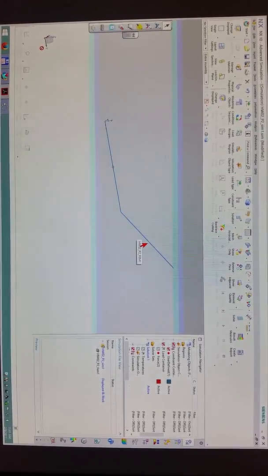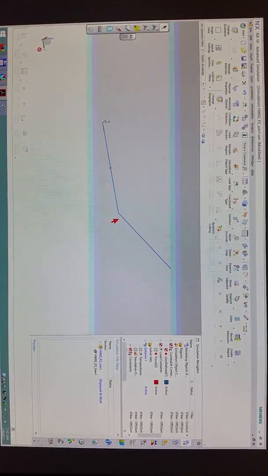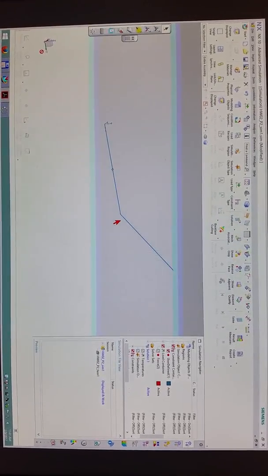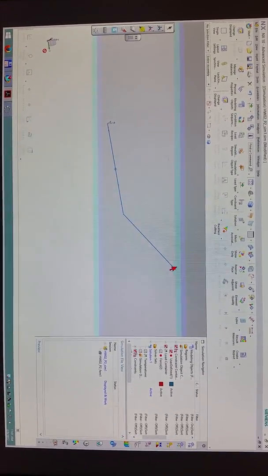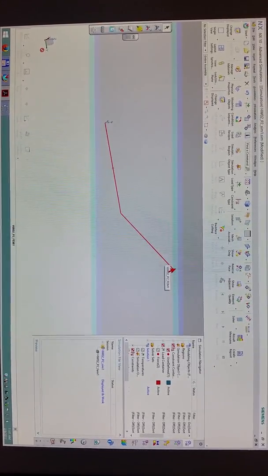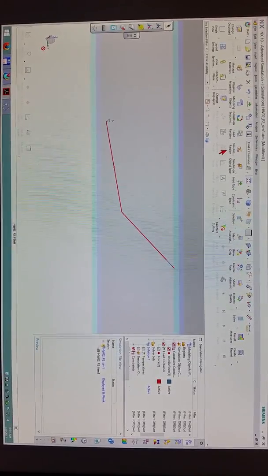I can put it at the center, at the right end, or at the left end, it doesn't matter. It would be nice to put it at the right end, because then I'm going to fix a node, right? I'm going to constrain the node at this end over here, so it makes sense to put it over here. Alright, so the way we define our coordinate system is I'm going to come over here and go to